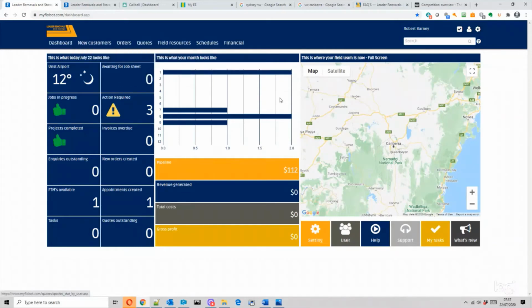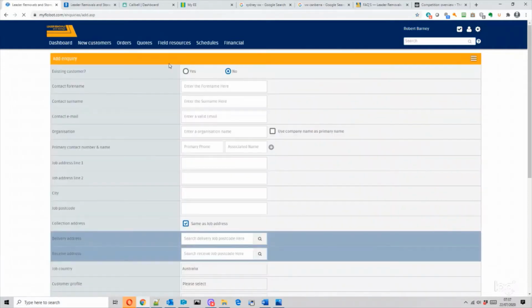So to start with, we're going to put a new customer in because they've called up and they want to move their house from one side of the country, or at least Canberra, to Sydney. So we'll put their details in. I'll put my email address in so we can see the communication between the customer and the client,